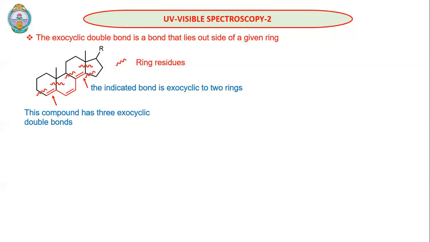If you don't identify the parent, then you can simply imagine that this is the trans side, so the parent is up to this. This can be counted as a ring residue. In that case, we are wrong, right? The parent can be considered with all the conjugated double bonds, right? So when we consider all the conjugated double bonds as a parent system, then we can easily identify the ring residues and alkyl substituents.